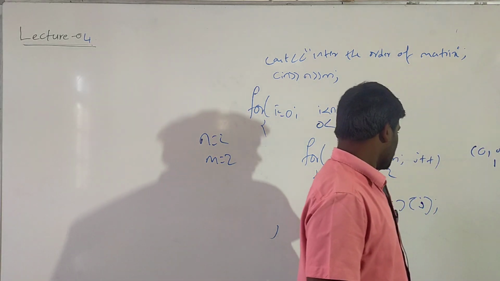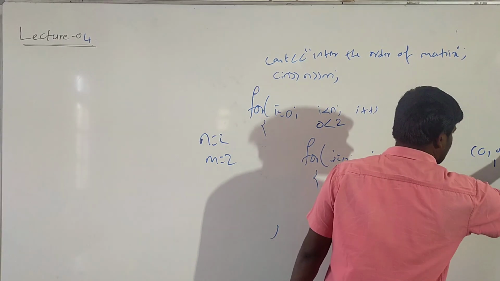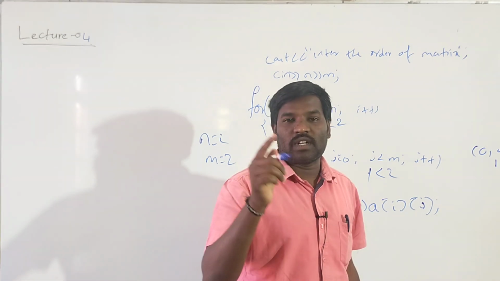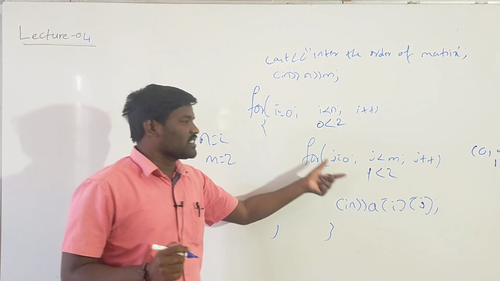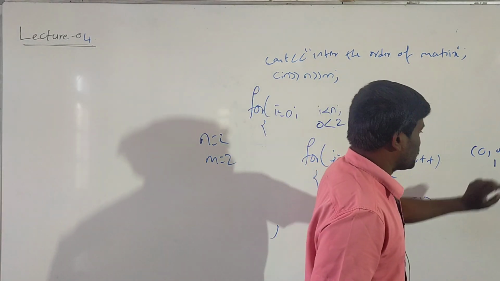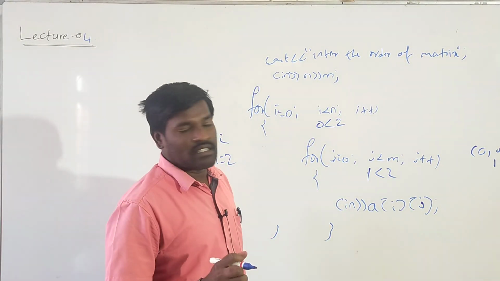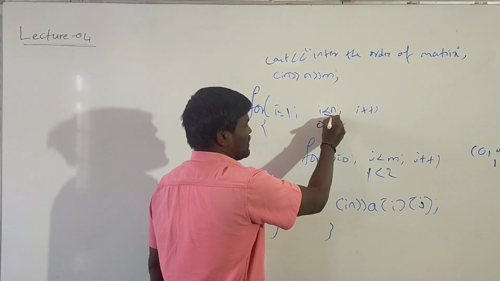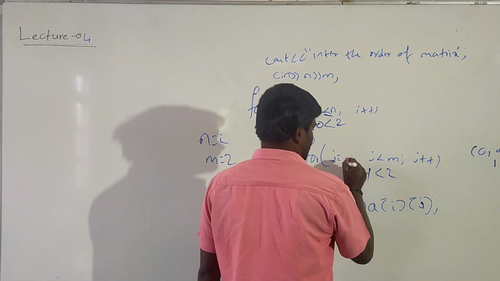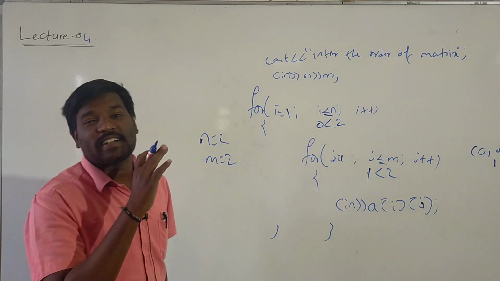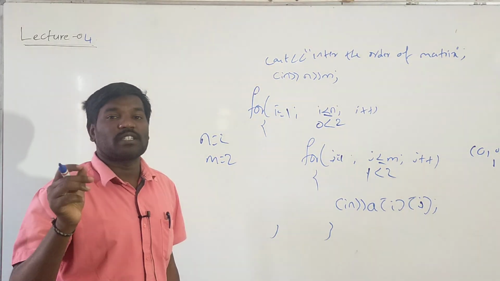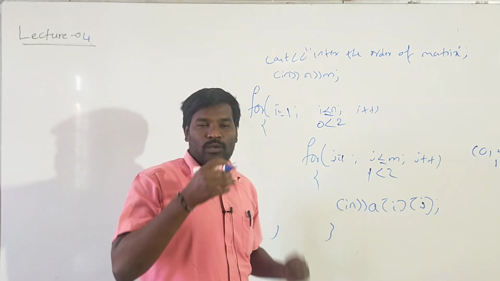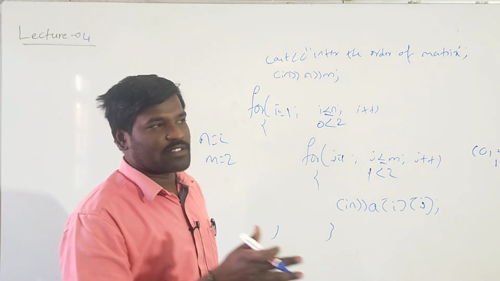So in general, if you consider 1 is present in the first row, first column, but here the position is 0, that's why I have to mention 0, 0. Suppose you want to take 1 instead of 0, it is also possible. Just change here: I is equal to 1, I is less than or equal to n. Here also the same, there is no difference at all. Then what about the 0 position? I am not using the 0 position in the array. I have to start with the 1 position. Again, it is also possible.